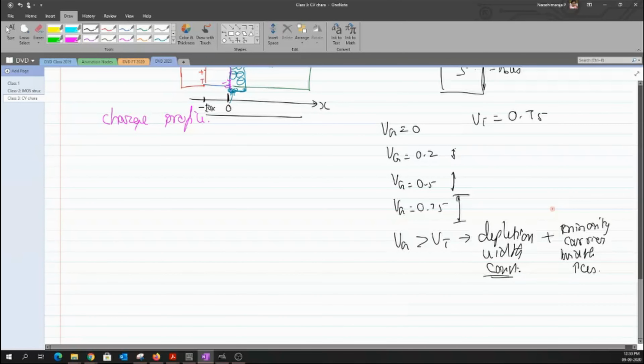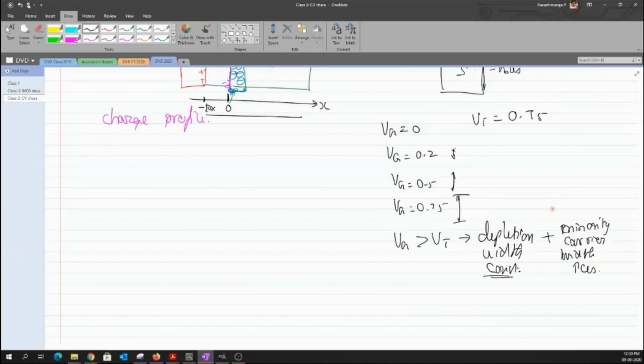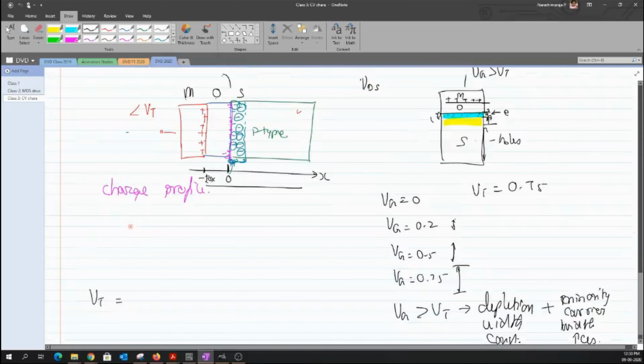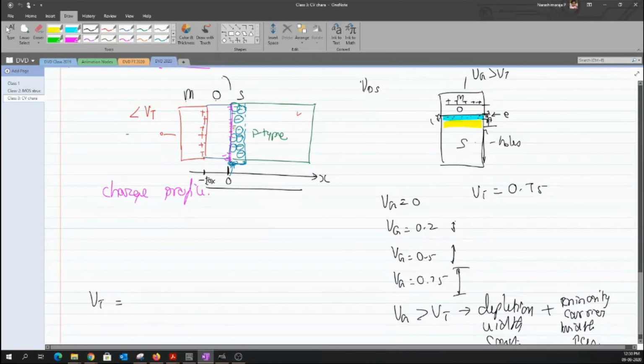So can you define Vt? What do we mean by a threshold voltage? It is the minimum voltage that is required across the gate to create a channel. The channel is basically built by making use of minority carriers, and that is what is known as the threshold voltage. So in short, the threshold voltage has two functionalities. The very first thing is it has to create a depletion layer, as well as a minimum channel across this particular structure.